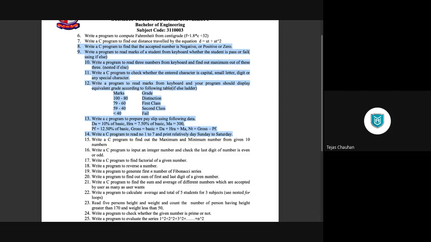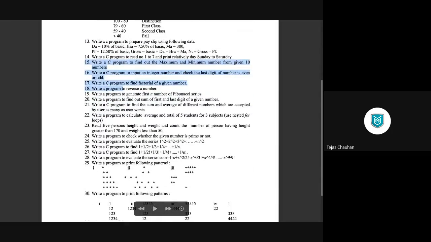We had gone for programs 1 to 7, which was a very basic introduction to printf, scanf functions and some mathematical tasks. Then 8 to 14 we completed in a previous session, which is decision and branching. So if else, else if ladder, nested if else, switch case and all. And today we want to go further with the next programs, which focus on decision and looping.